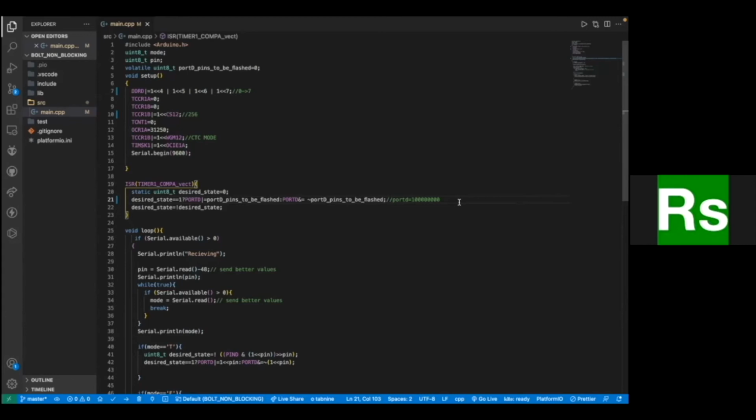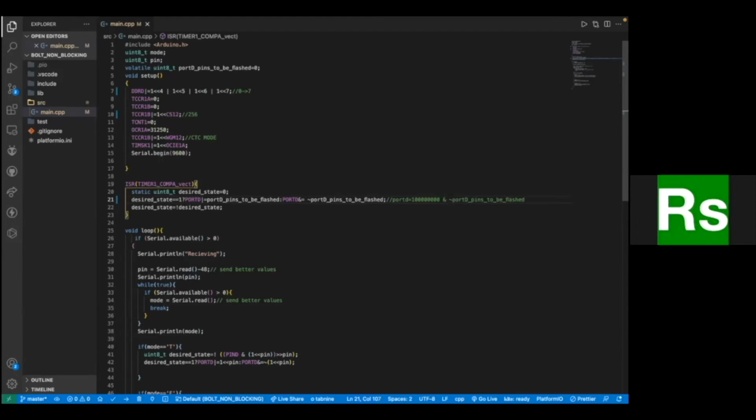Basically, what I can do is a bitwise AND, an ampersand, with this number, PORTD pins to be flashed, and do a NOT of it.